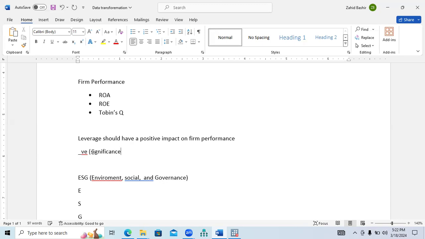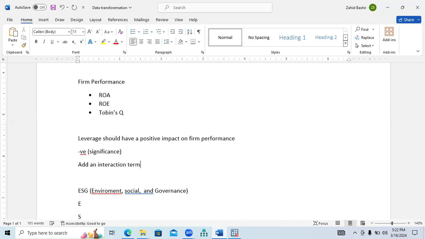Now, according to my basic criteria, if I have a sign which is opposite to my expectation or hypothesis, but it is significant, then I need to add an interaction term